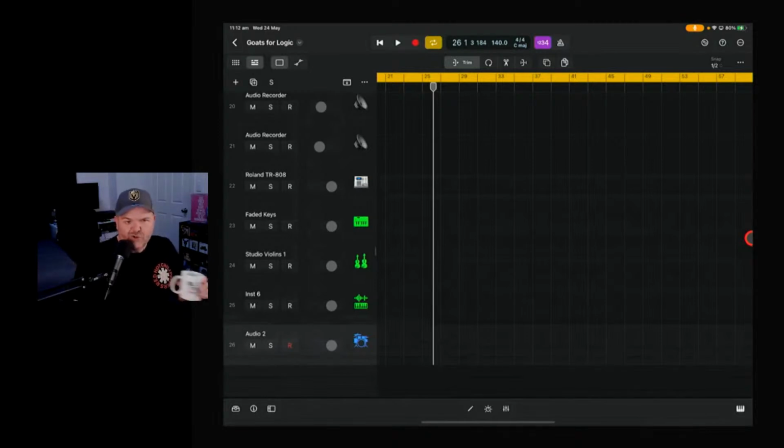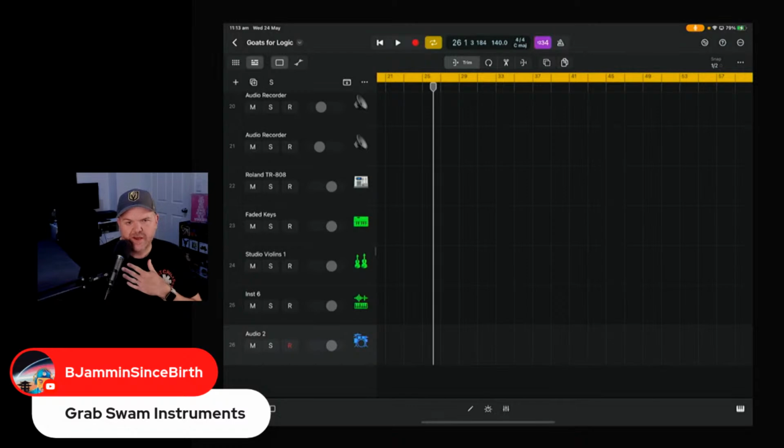All right, let's have a drink and we'll check in with the folks in the chat. All right. I'm just scrolling down to see Swarm Instruments. Yeah, Swarm Instruments have very cool sounds. Very cool. What are they?